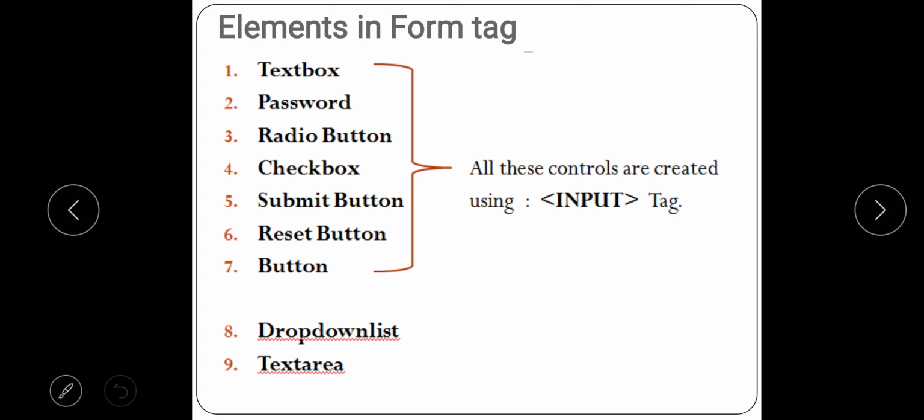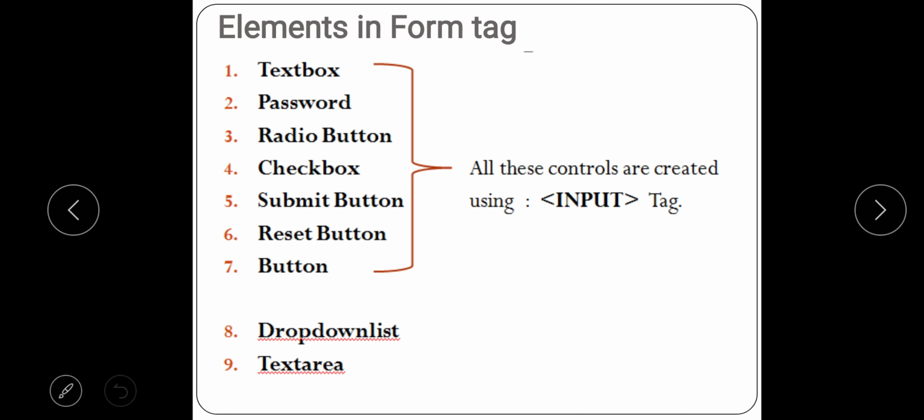So what is the first one? A text box. So what is a text box? A text box is a box which takes the input in the form of text, right? We saw it for name, for email, for second name, in the last example we had seen. Now the second control is what? The password. See, the password is also a text box only, but the thing is, whenever you enter any value, those values are not shown. It will show either the dot or the asterisk depending on the browser you are using. We will see how it looks.